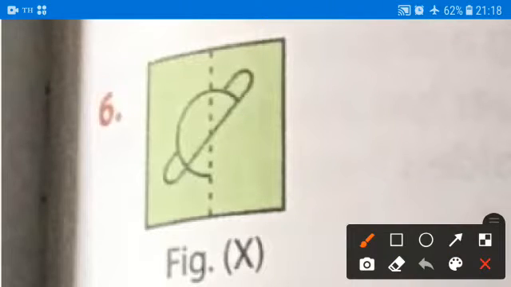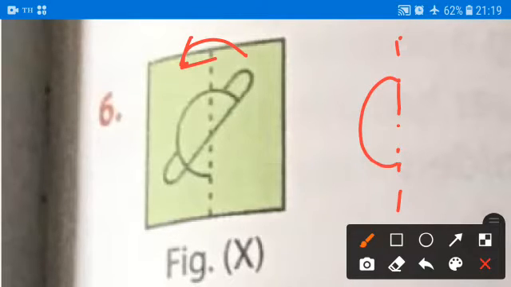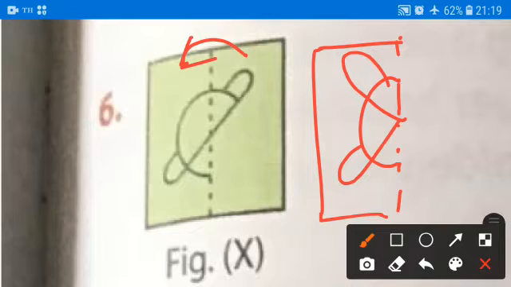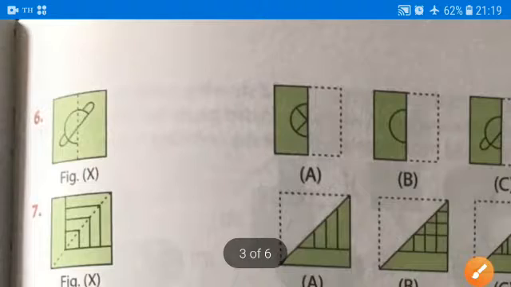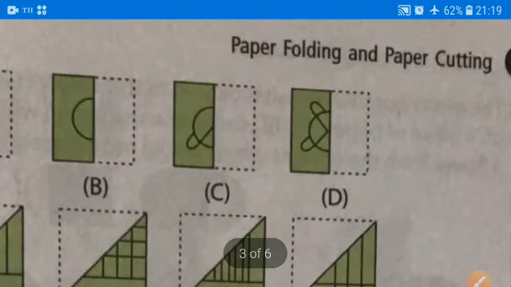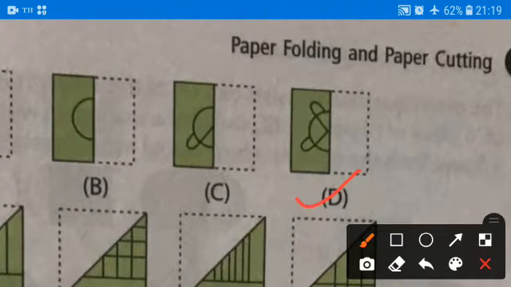So you will get the figure: the circle will be as it is, this much will be as it is, and this much will be like this. And your paper will be half to the vertical. The correct answer will be option number D. Check this, this was as we have made.